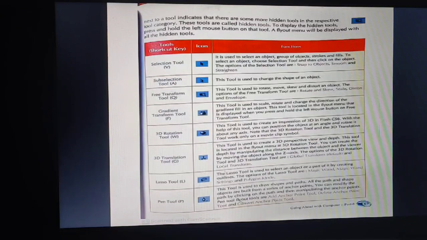Next is your pen tool. This tool is used to draw the shapes and paths. All the path and shape objects are built from a series of anchor points. You can modify the path by clicking on the path and then manipulating the anchor points. Pen tool flyouts are your add anchor point tool, delete anchor point tool, and convert anchor point tool. Basically, whenever you want to draw some shape or path, you will be using